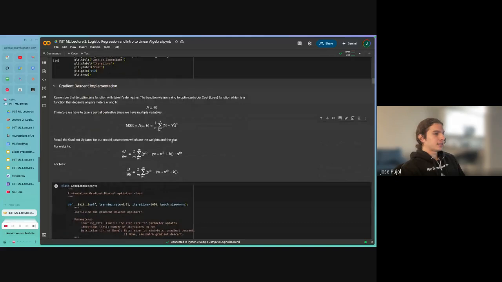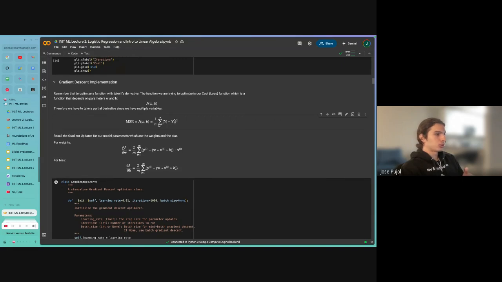Also remember, in order to optimize a function, we need to take its derivative and find where its minimum is, so in this case, minimizing the loss function. Since we have two variables here, we need to take a partial derivative, because we want to know how we need to adjust the cost with respect to the weight in order to find the minimum value of this cost function.